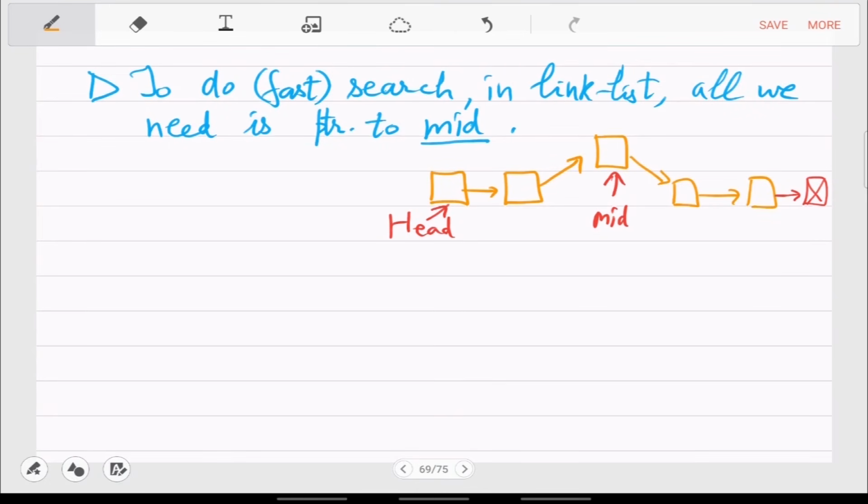So that also you have to store. Next we need the other mids. So let's also store that then.